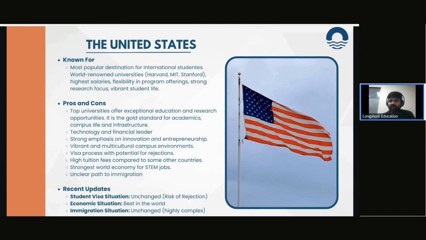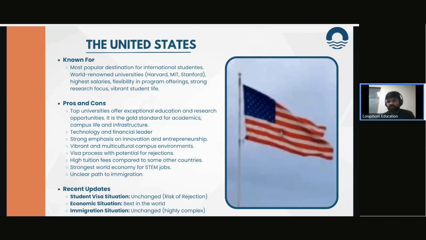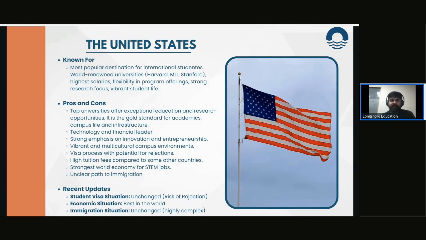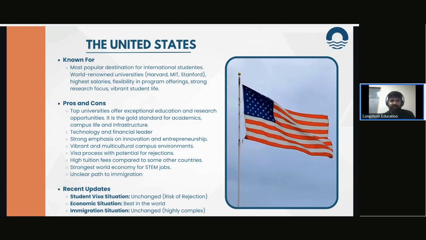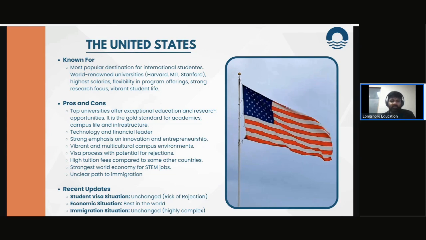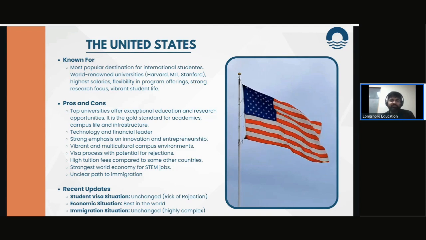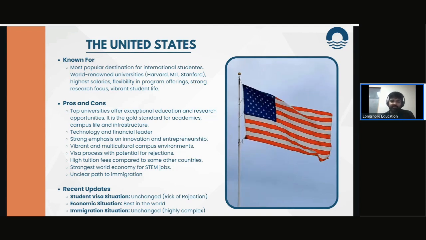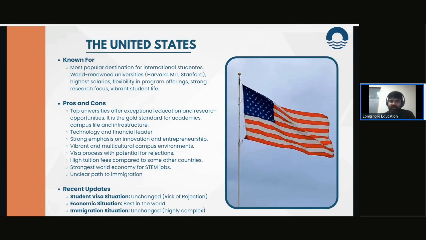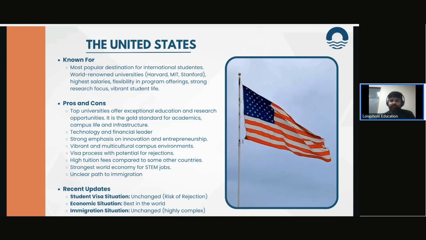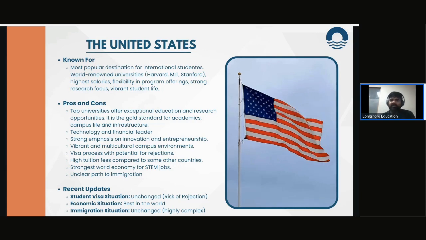Because of the focus on holistic education, the amount of flexibility it offers is not really comparable to any country. Research is a big aspect over here, leading to groundbreaking discoveries and a very stimulating academic environment. And it is the gold standard of infrastructure and campus life. You won't really find US campuses comparable anywhere else in the world. But it also comes with a high cost. Relative to the other countries, tuition fees are far higher, and students should be aware of that.